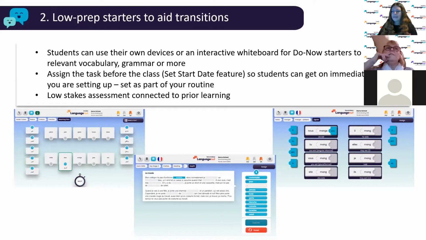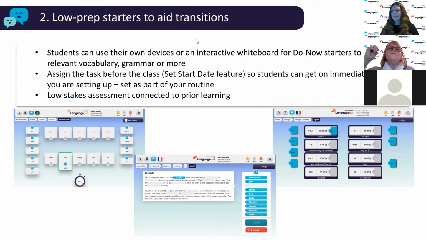If that's not the case, then I know some of you can quickly access that. But one of the things that my staff have been doing, and what I know a lot of staff have tried to use, is to use an assignment and ask the students to do the assignment the night before. So say you have a lesson on a Monday, you ask them to do it on the Sunday evening, and they then go into your lesson on the Monday, and they should hopefully have some of the vocabulary in their heads. And as a low stakes assessment, which is a kind of quizzing and getting students into the habit of